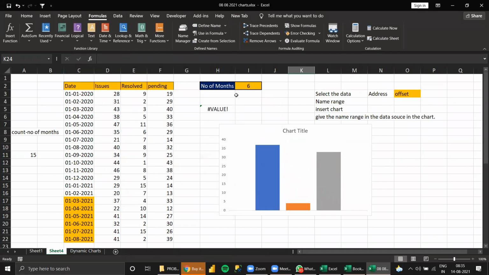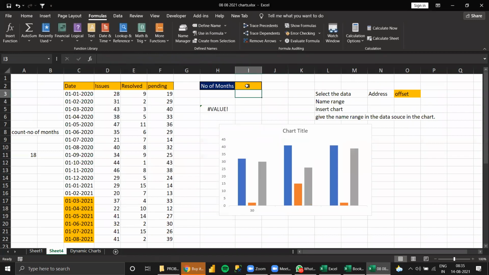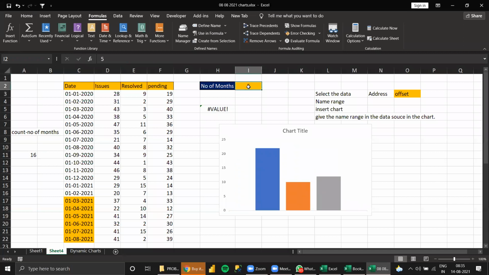Somewhere I made a mistake. It is 18. Correct, no? Somewhere I made a mistake. Where is it? Only primary data?